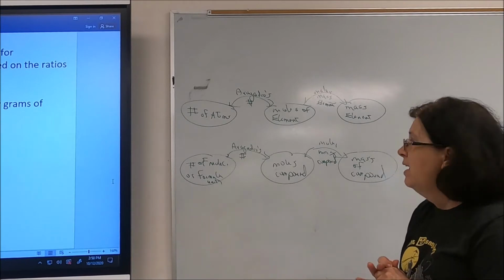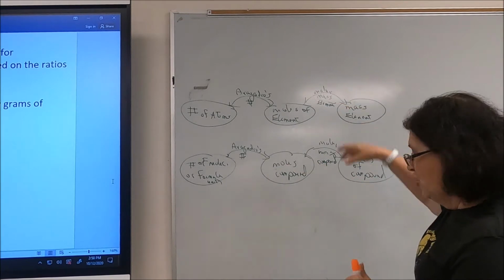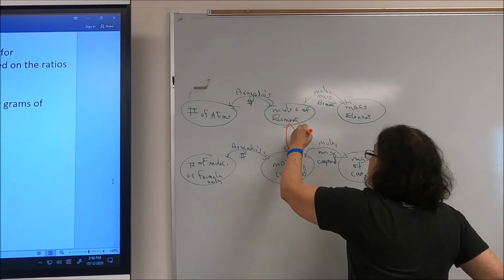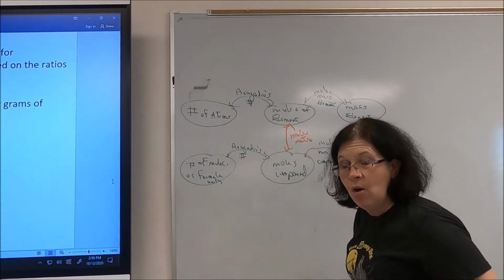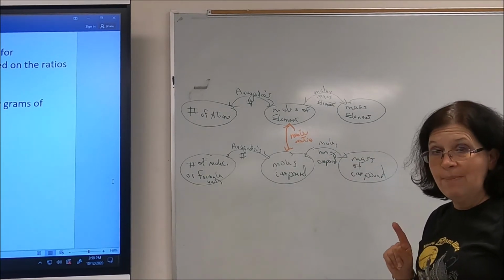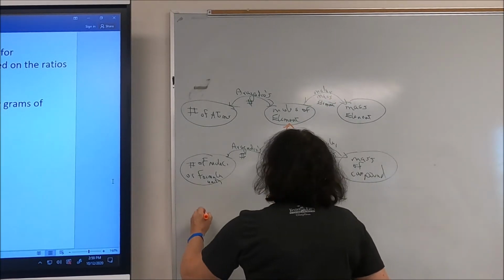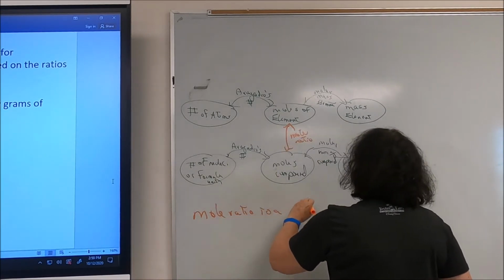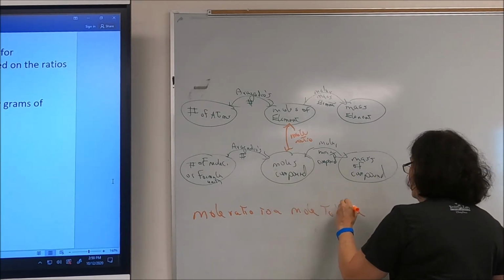What we're going to do now is look at going in between these two island chains. There's a connector right here, and it's called the mole ratio. The mole ratio is exactly what the name implies. It's a mole relationship between a compound and the elements in the compound. So for right now, our mole ratio is a mole to mole